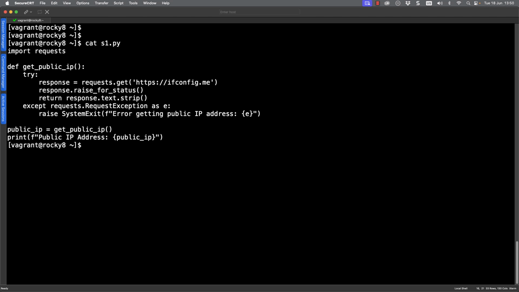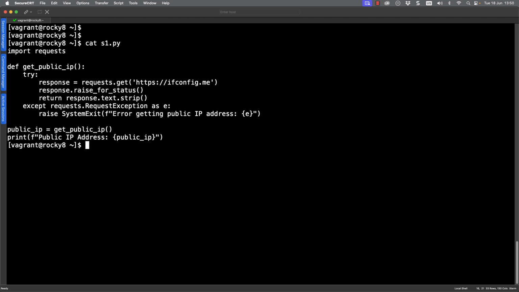We can see that we've defined a function, get public IP address, and we have a try and except block. In the try, we're making sure that we can get a response from ifconfig.me. Remember, we're just using the URL without the option /IP because we know that returns just the IP address.